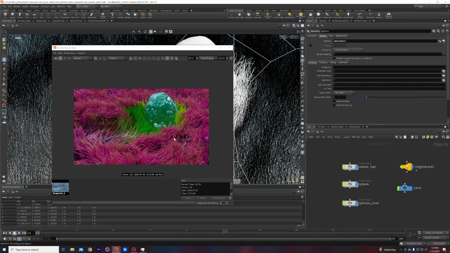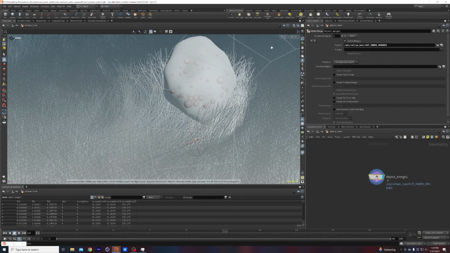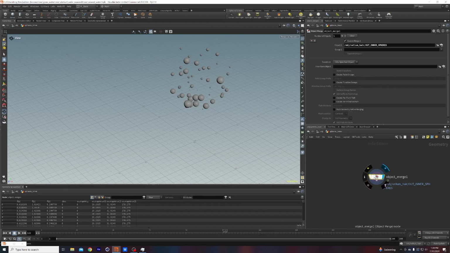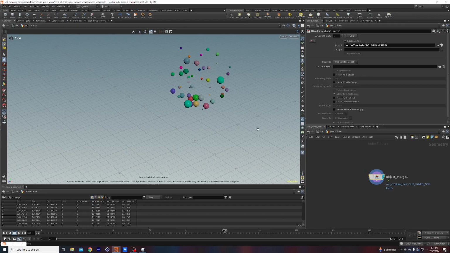Great, there they are. Let's pause this actually. Earlier I tried to hide other objects. So I have this class attribute, right? And you saw earlier when I tried to bring in my class attribute to Redshift, it wasn't working. It's because these are random attributes and they're not in a 0 to 1. They go from 0 to 50. You see this here, 0 to 50, and it needs to be in sort of a 0 to 1 range. So what I can do to get this to work,